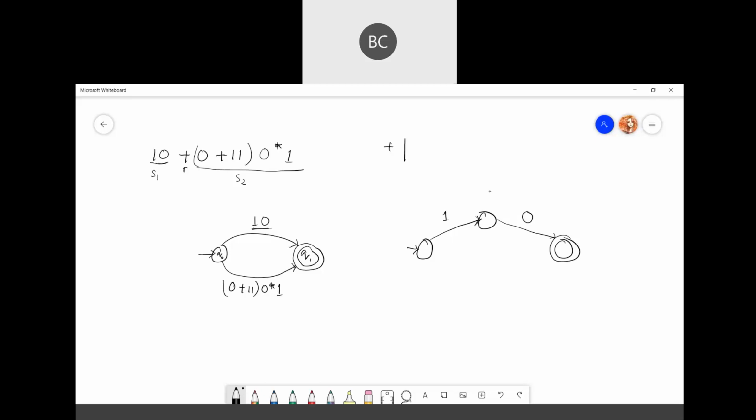Same thing here you can do also. You first take this whole thing, and inside here this is one part and this is one part, right? That means from here it will be either 0 or 1 1.